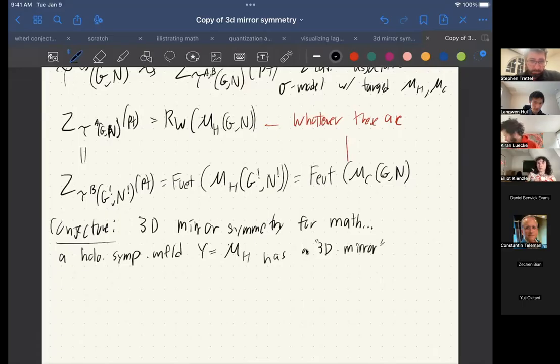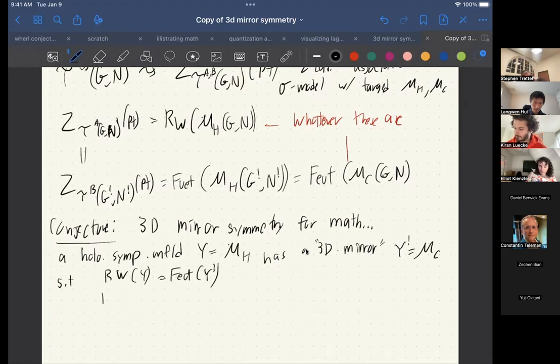Just like two-dimensional manifolds can have mirror manifolds, this 3D mirror is going to be Y shriek, and it will equal the Coulomb branch of whatever theory it was that made Y the Higgs branch. Okay? Such that it will satisfy the following two interrelationships. The Rozansky-Witten 2-category assigned to Y will equal the Fueter 2-category assigned to Y shriek, Y mirror, and